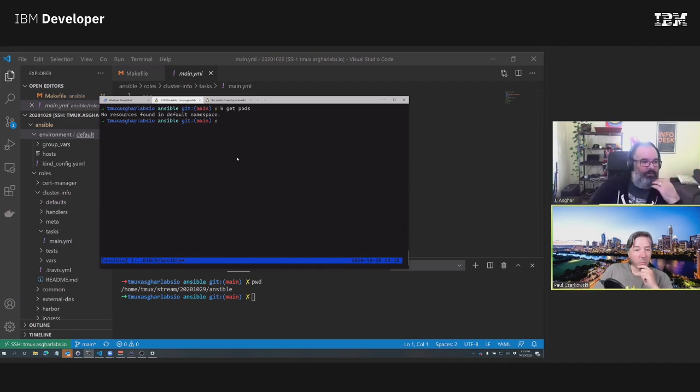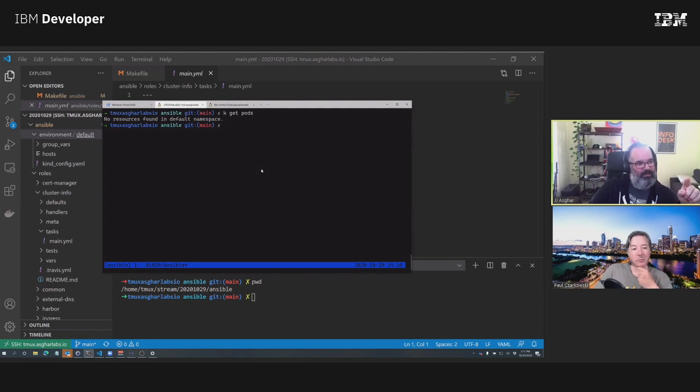For the work you're doing though, wouldn't it be better to use kind to show the iterations of being able to do it locally, like faster? When you're doing Ansible work, you need disposable environments to spin up and make changes and then see how they come out and then destroy it and start over again.